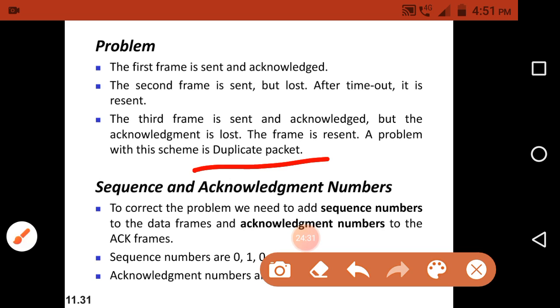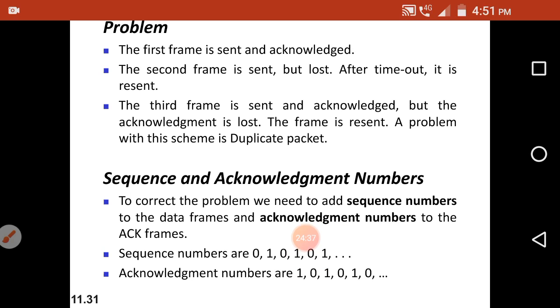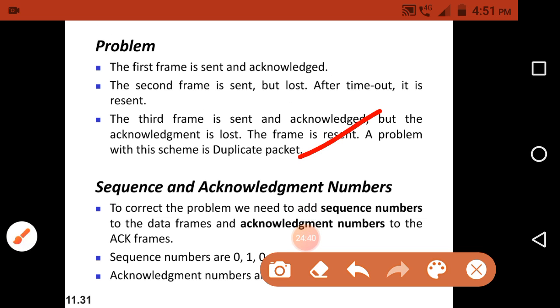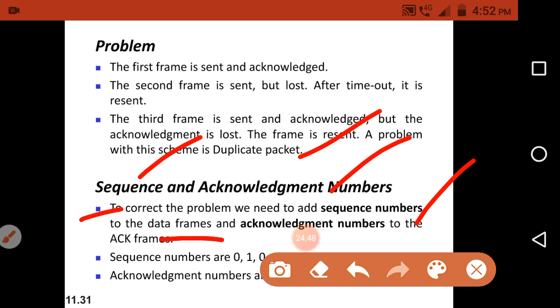So that is the problem present in the stop and wait protocol. How do we avoid this problem? That's why we have to use the sequence number and the acknowledgement number. To correct this problem, we need to add a sequence number to the data frame and an acknowledgement number to the acknowledgement frame.